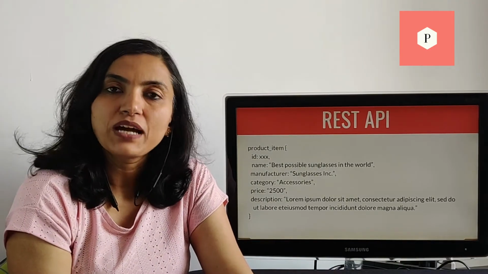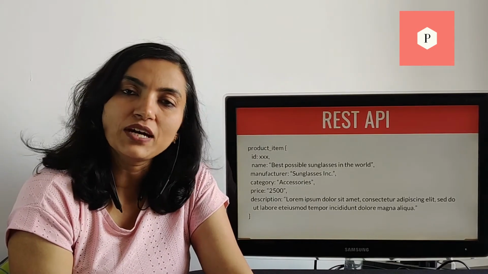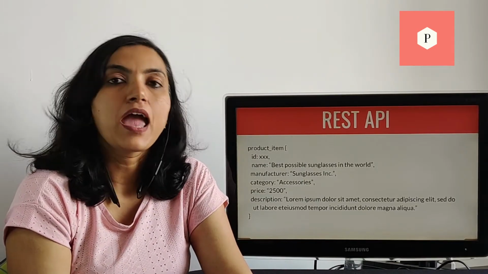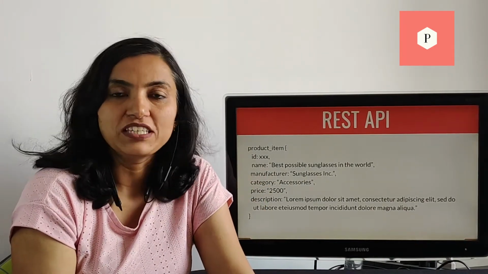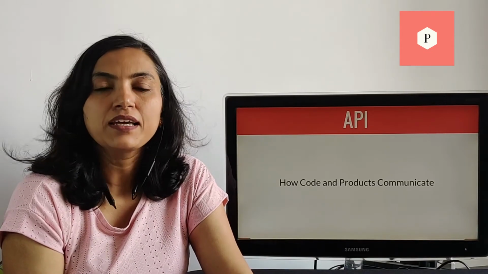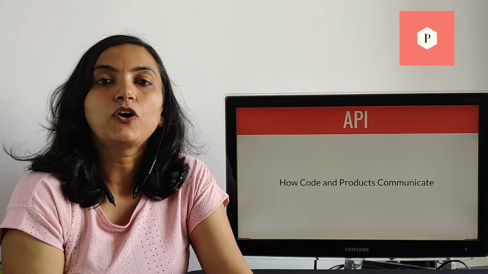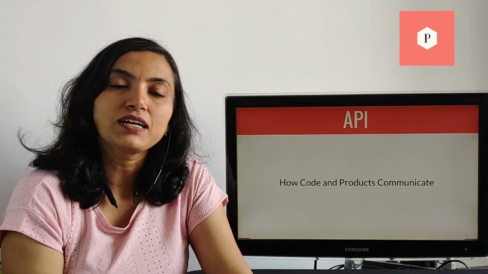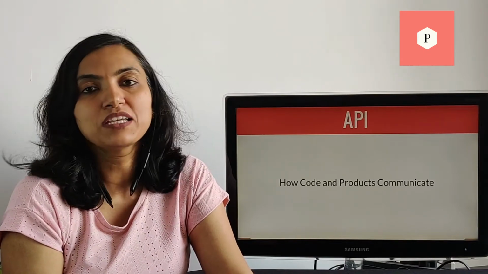So all programming languages just need to provide a way of hitting the URLs with product information and of reading the JSON format. Then they can talk to each other. APIs are such a well-defined and well-adopted way of code pieces talking to each other that often, even when different modules are written in the same programming language, they talk to each other using APIs.